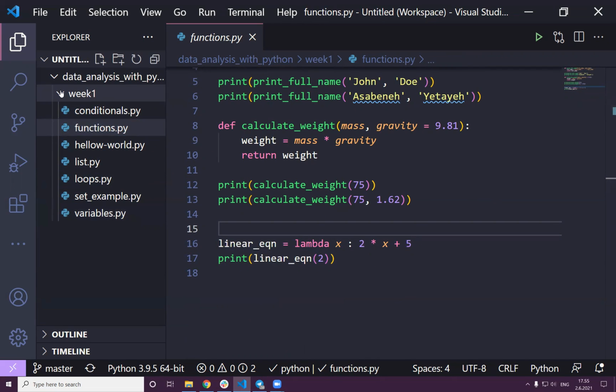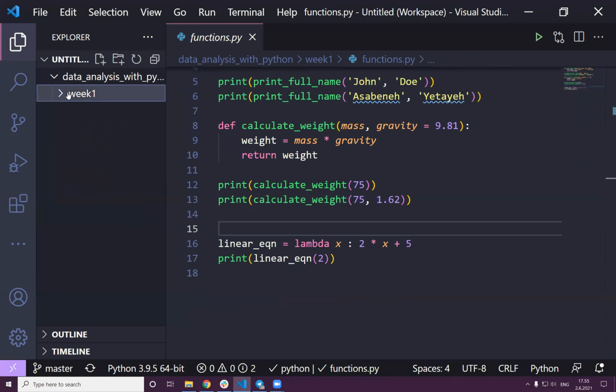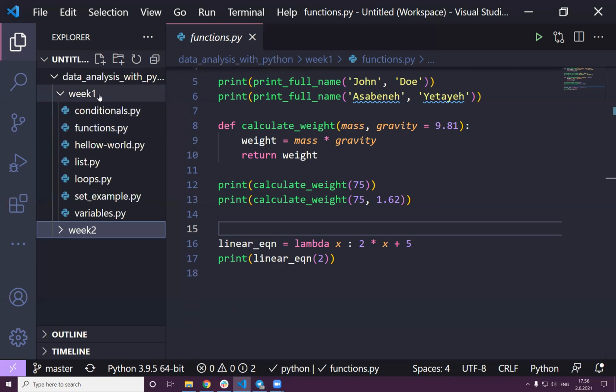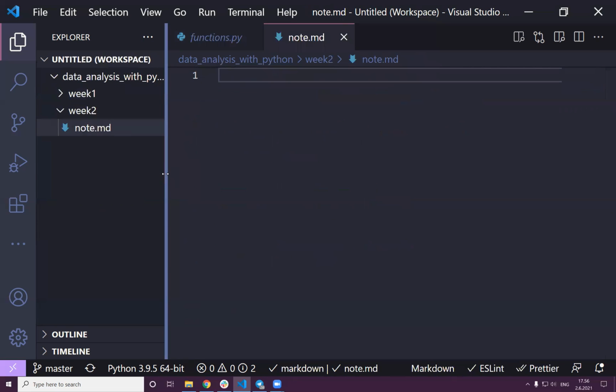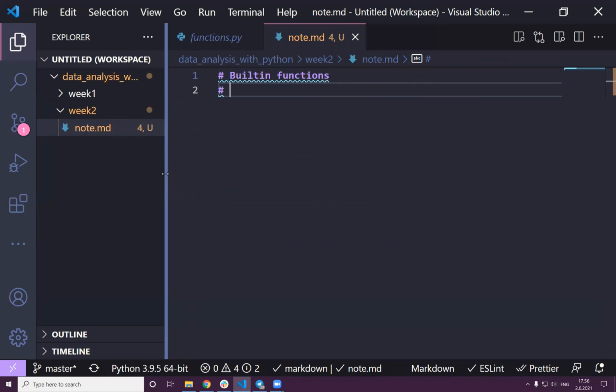So I think today it seems good to talk about, I can have a note here. First, I have to create week 2 because we're in week 2. So what are we going to talk about today? Let me just create a note and that will help you to follow. How about if we talk about different built-in functions, because it's really very important to know built-in functions. And we will talk about modules, the different modules, and also how to install modules,